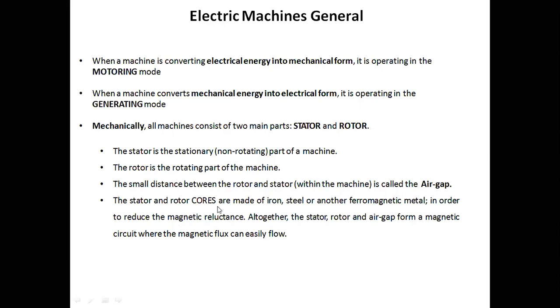The stator and the rotor core we can make from iron, or from laminated steel or another ferromagnetic material, in order to reduce the eddy current losses and in order to reduce the magnetic reluctance. Although if you see we are using the air gap between the stator and rotor, which will allow magnetic flux to flow easily and which will allow it to cool. Meaning, when we are giving the power supply, at that time, as this part will rotate, there will be heat generated.